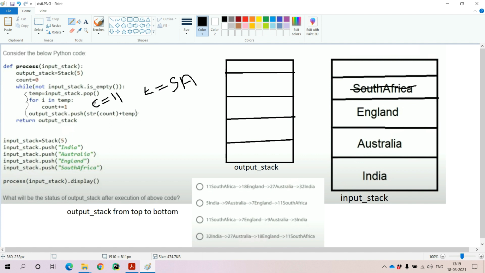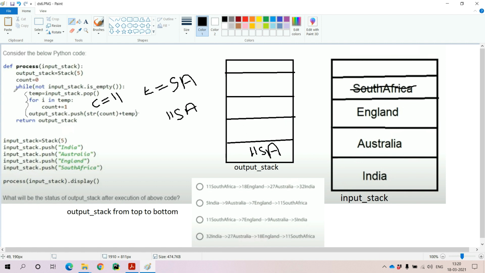The counter variable, an integer, is typecast into a string, so it acts like a string: str(counter) plus temp. We are concatenating 11 to South Africa, so it becomes the whole string 11 South Africa. We push it as an element into the output stack. Now within the output stack you will get 11 South Africa, which is the first element that we are pushing into the output stack.